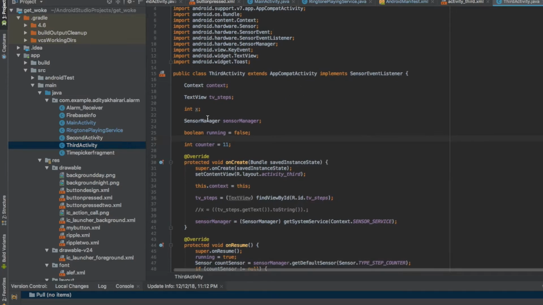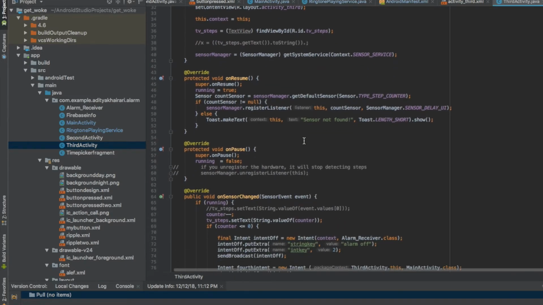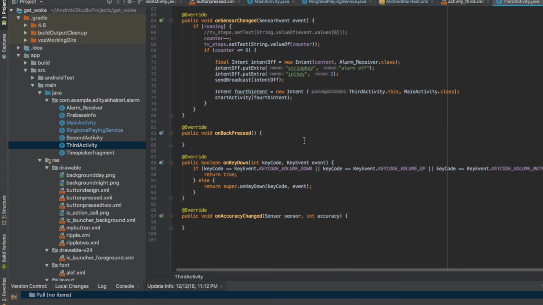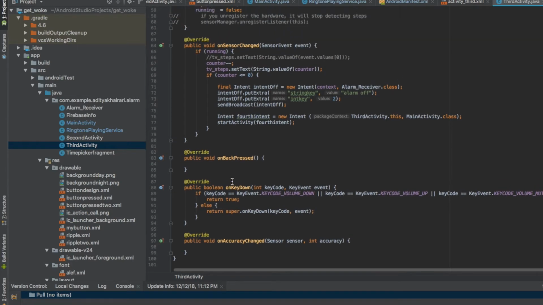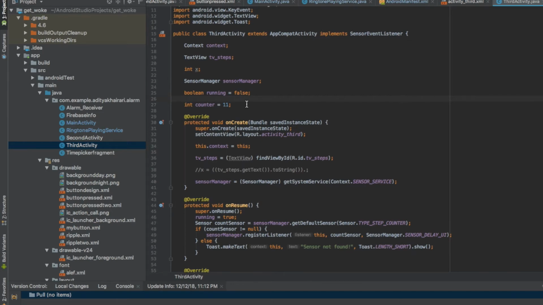So what we did was, if the phone has a built-in step counter, then it's constantly keeping track of the number of steps that you take every single day. So initially we just keep track of that variable. Then once the step counter is triggered by failing the quiz, we subtract the number of steps that you actually take from when it enters that phase. And based on how many steps we want you to take in order to deactivate the alarm, which in this case would be 10,